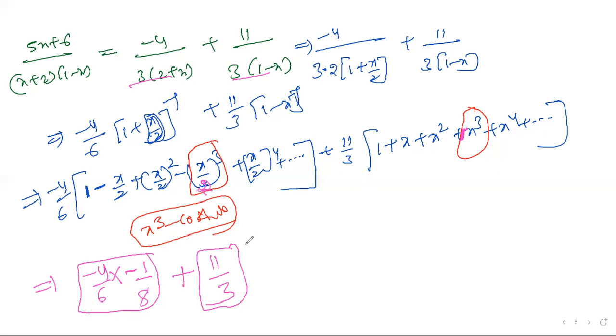Okay. Next, here you need to do simplification. Minus into minus is plus 4. 8 4 8 6. 48 plus 11 by 3. 2 2. 224, 2 1, 212. Am I clear?